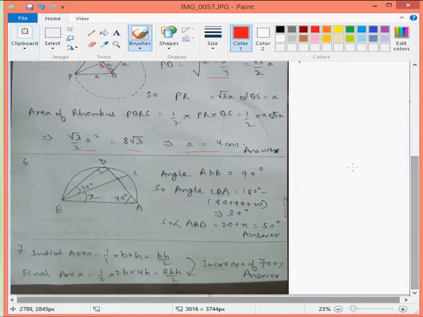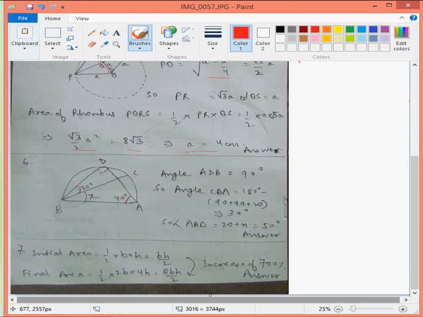Now next question. In this question, I have drawn the triangle in front of you. This is the base, B is the diameter, and I suppose any 2 points D and C here. It has been told that BAD is 40 degrees. I have written it here as 40 degrees. And it has been told to me that DBC is 20 degrees, so I have written it here as 20 degrees.